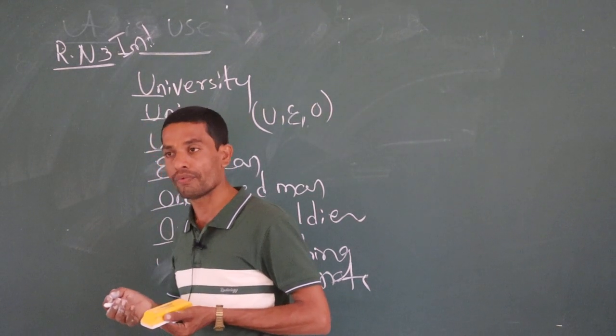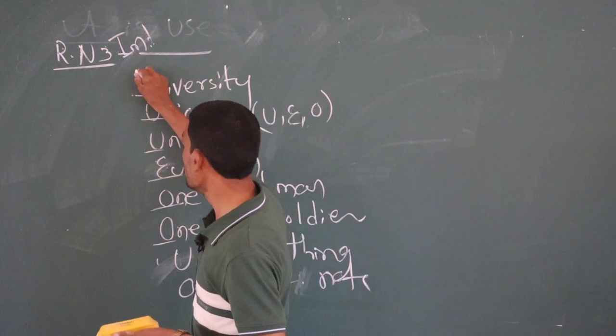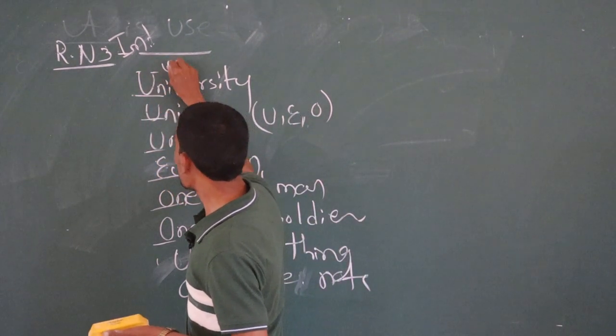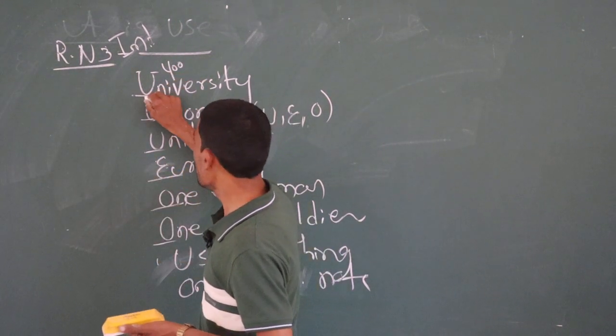If it is pronounced like a vowel, we have to use an article. Just observe this word, this letter. If you pronounce this letter, it is pronounced like this, U. So, U means here